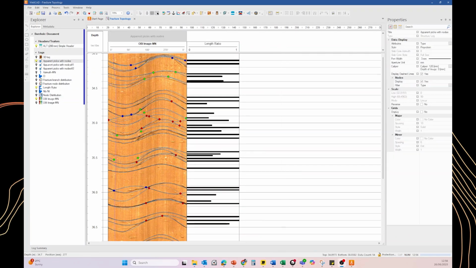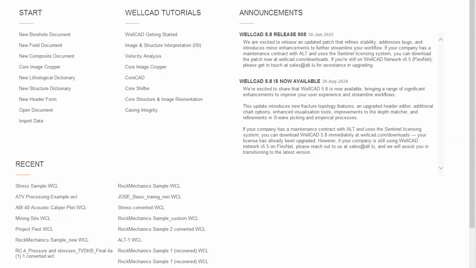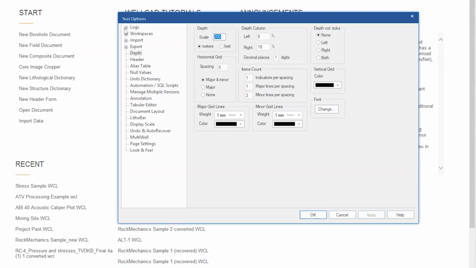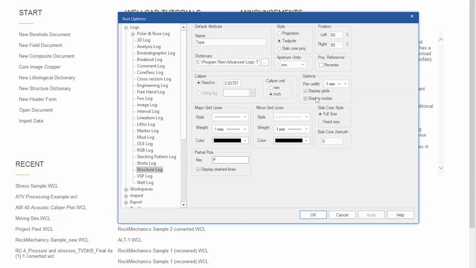Another useful feature is the one that controls the visualization of the nodes. In a structure log, we go to Properties and the node selection and select Display Yes or No. The default setting of the nodes can be controlled going to Tools, Options, Log, Structural Log, and now we have this option to display nodes as a default or not.